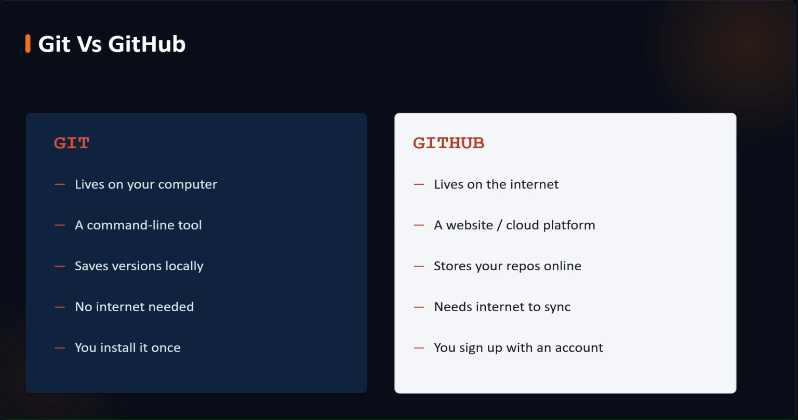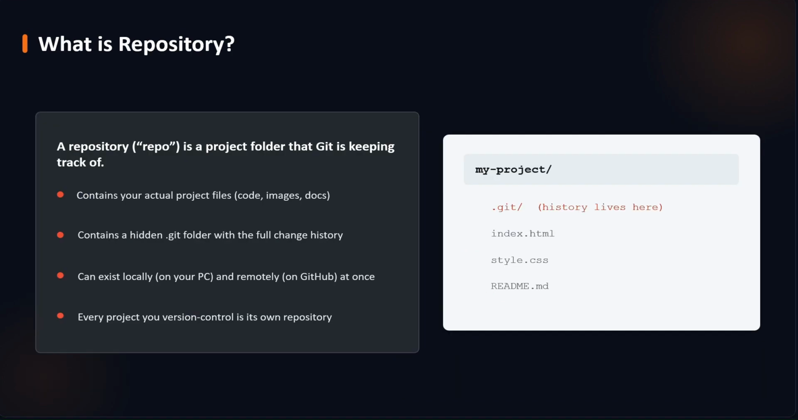Okay, now let's see what is meant by repository. A repository is a project folder that is managed by Git. For example, I am creating a student management system project. Okay, so inside that project, I may have different files such as HTML file, CSS file, JavaScript file, maybe some